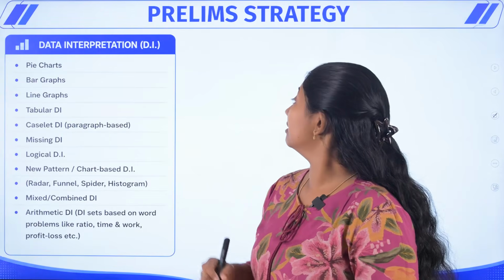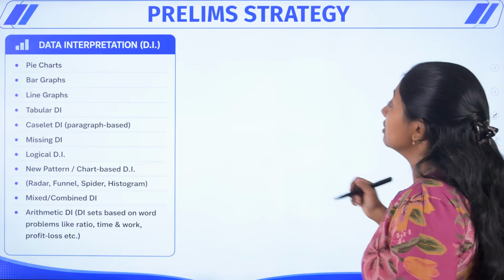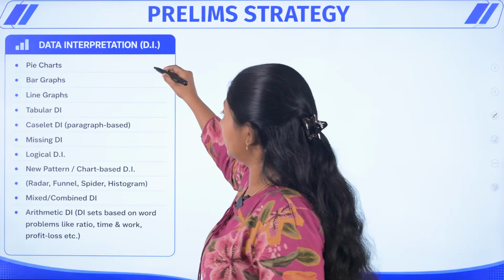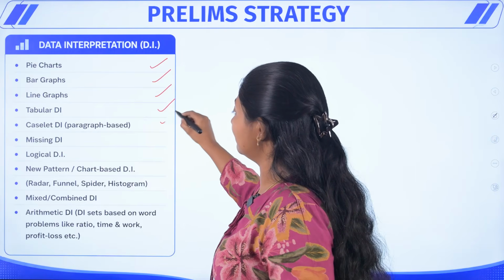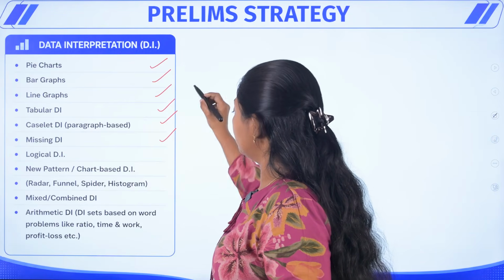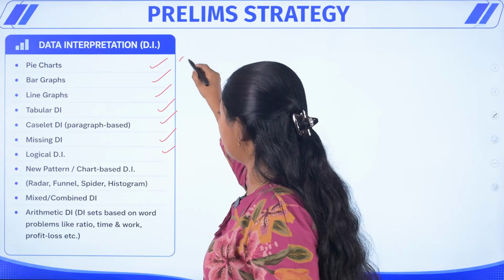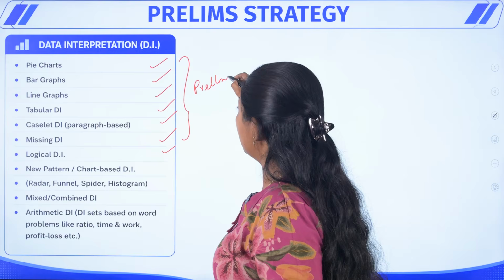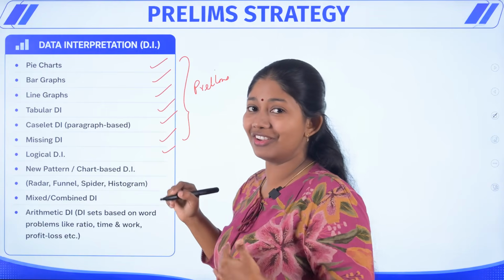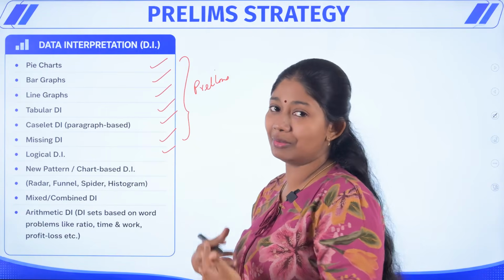Now let's see the data interpretation part. So we have the pie chart, bar graph, line graph, tabular DI, caselet DI, missing DI. So from here logical new pattern. So up till here it is the prelims level type of DI. Already I have said application oriented DI will not be asked for prelims, all those will be for the mains